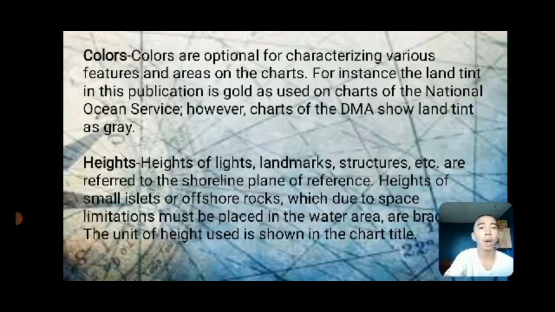Colors. Colors are optional for characterizing various features and areas on the charts. For instance, the land tint in this publication is gold, as used on charts of the National Ocean Service. However, charts of the DMA show the land tint as gray. Heights. Heights of lights, landmarks, structures, etc. are referred to the shoreline plane of reference. Heights of small islets or offshore rocks, which due to space limitation must be placed in the water area,